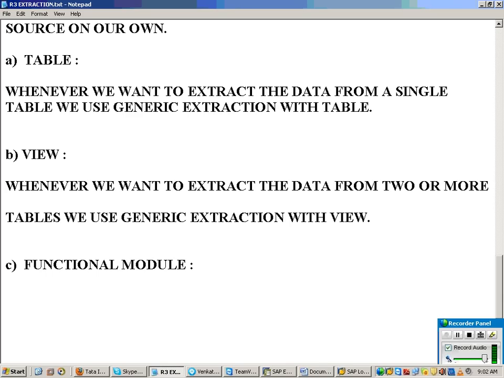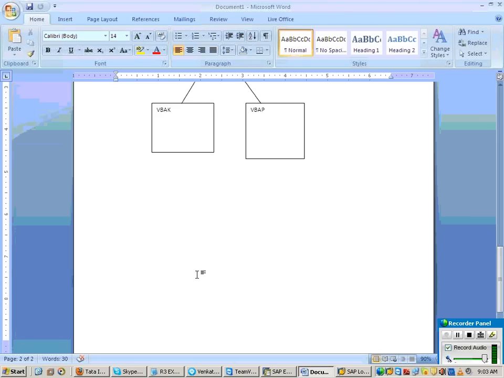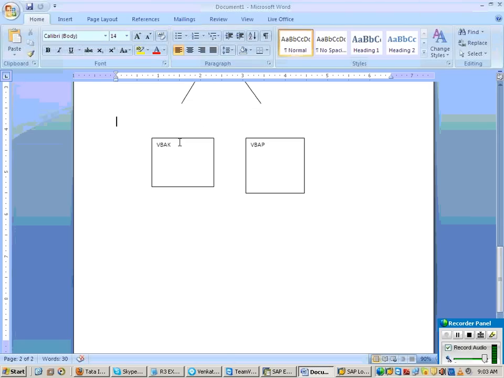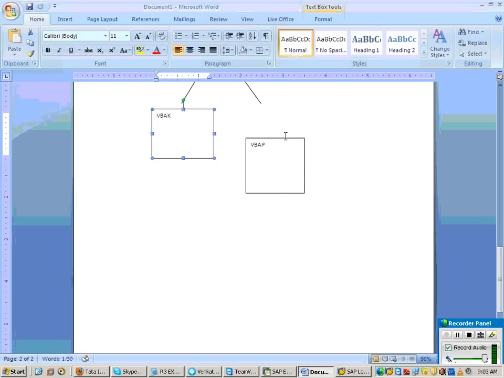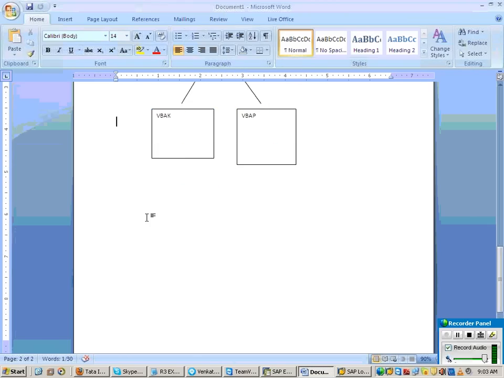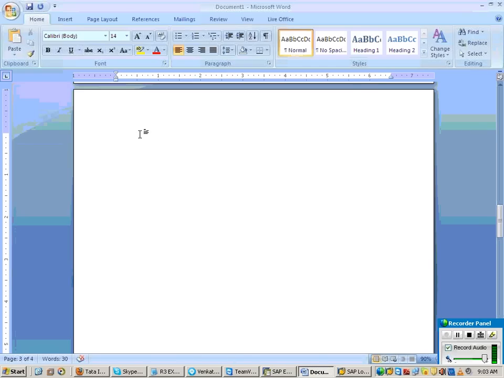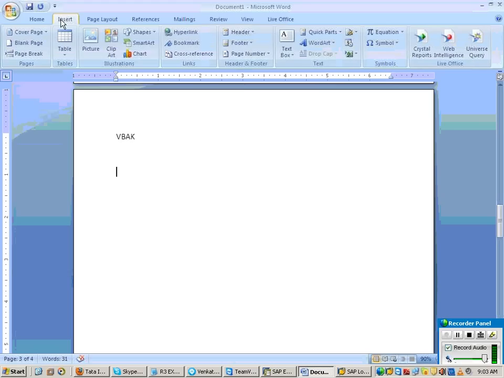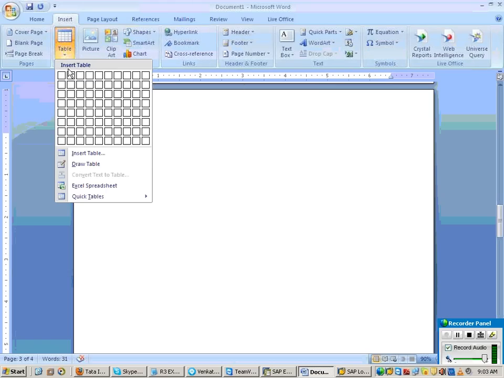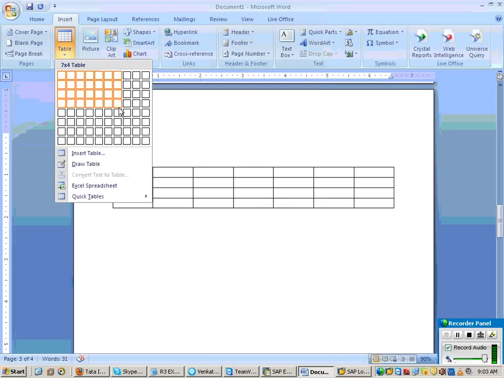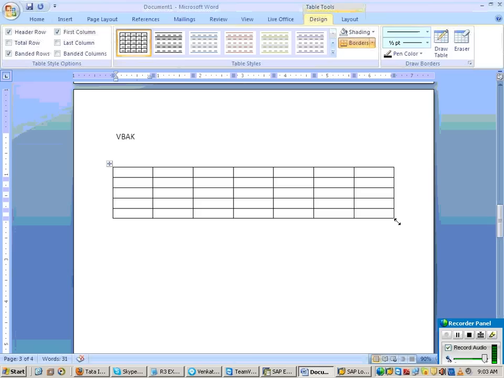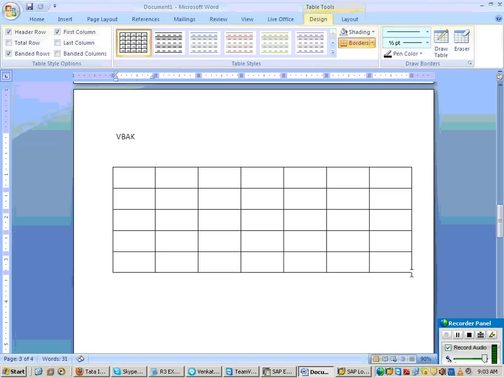Now suppose my requirement is like this. Imagine this is my VBAK table. The VBAK table is nothing but the sales order header table. The header table will always have one record for your order.